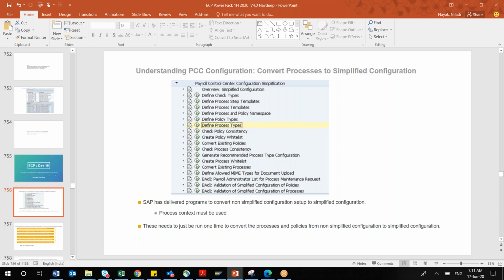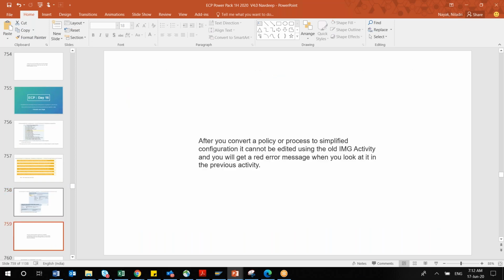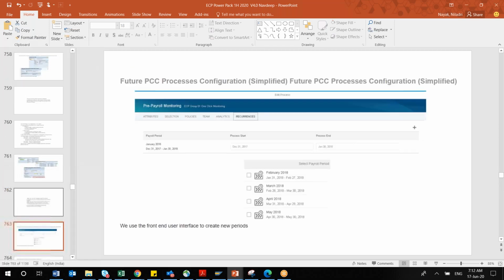It is for any kind of upgrade activity. Suppose your client has already used the PCC previously and would like to move to SuccessFactors Employee Central Payroll, so how to upgrade those things, how to convert existing courses. This is a simple program you have to run, so it will not take much time.